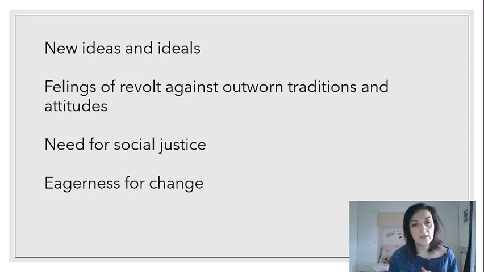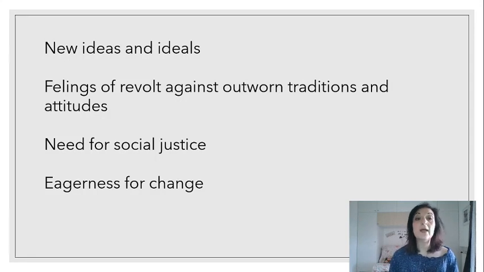When you think of the ideals which characterized the Romantic Age and the political revolutions of the period, you can think of the three ideals that you know in French, liberté, fraternité, égalité, or in English, liberty, freedom, fraternity or brotherhood, and equality. These were the most important new ideals which spread, starting from America, the new continent, and then spread firstly in France and then in the whole of Europe, from the last part of the 18th century to the